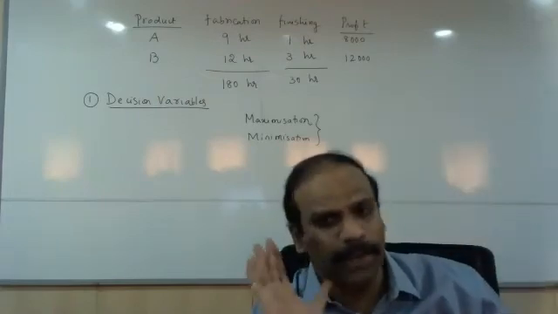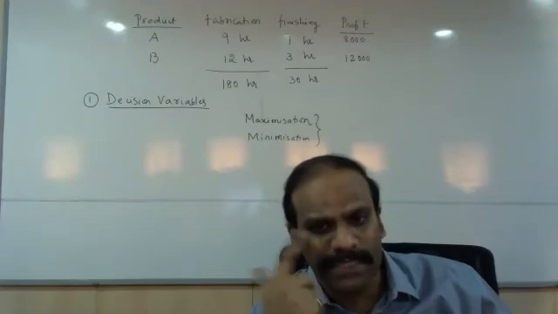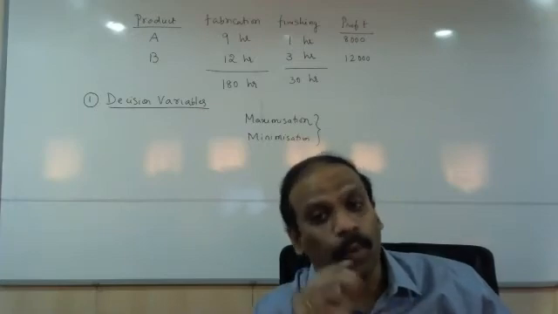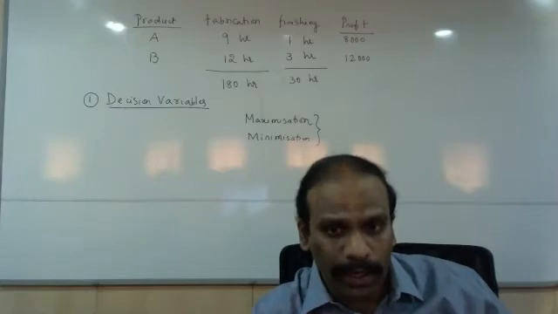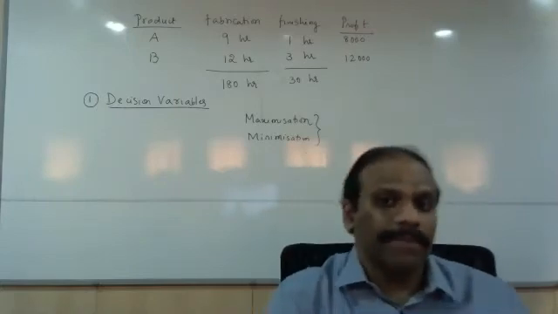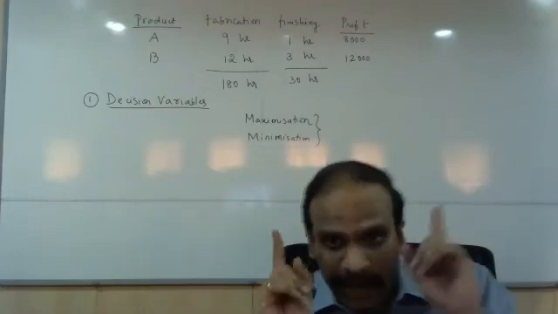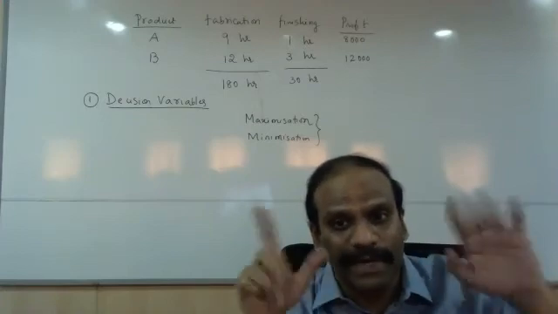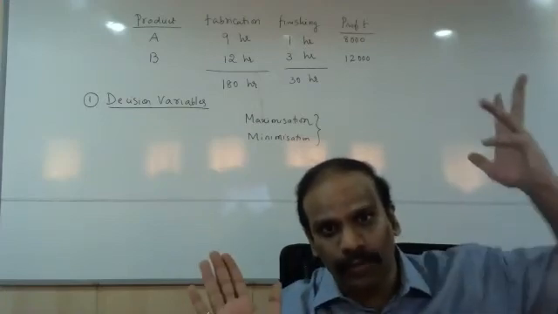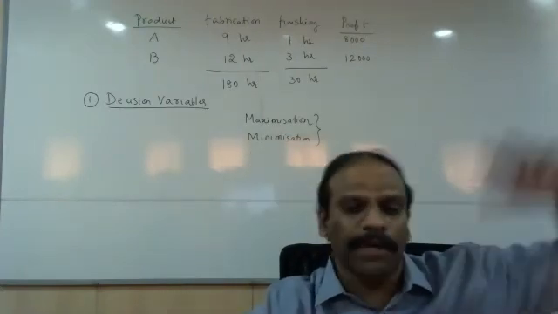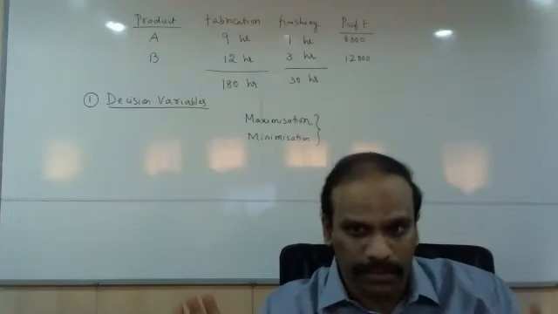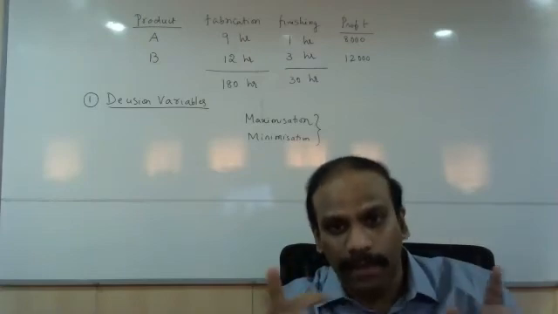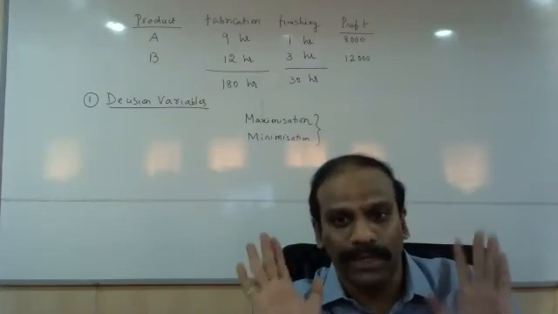Now let me ask you a simple question. If the company wants to increase or maximize the profit, what are they supposed to do? By doing what can the company increase the profit? Can anybody tell me? Increase the number of units. Yes, one very important thing here: the answer you give should be within the purview of the given data. We cannot assume anything else. I cannot assume that we increase quality, reduce production time, or reduce raw material cost. No, I cannot make any such assumption. The entire analysis should be purely based on the data given. Our answers must be within the data given to us. That is one thing you have to remember.